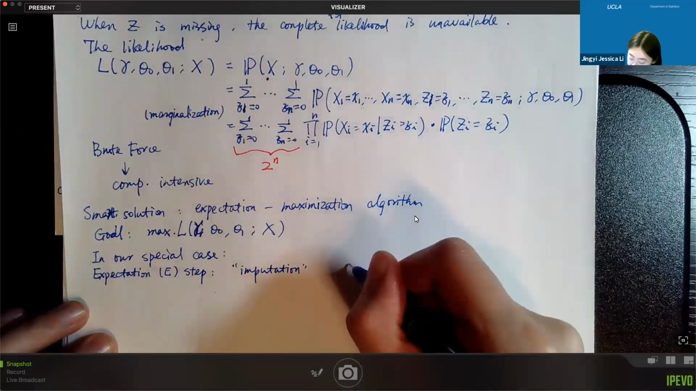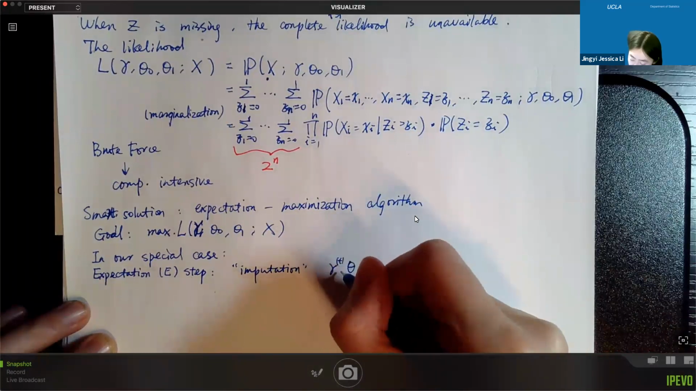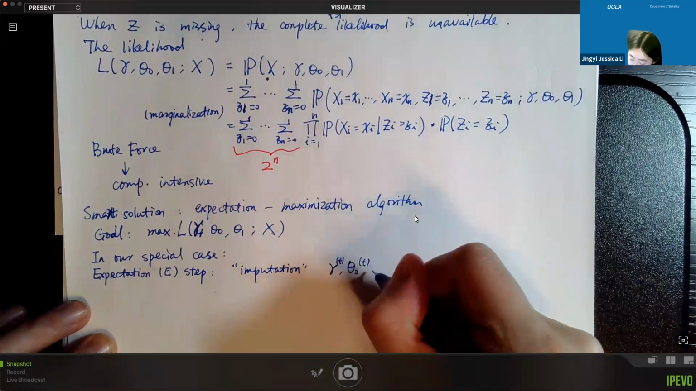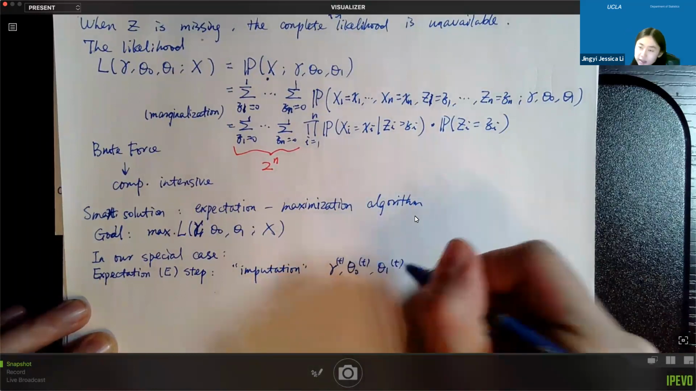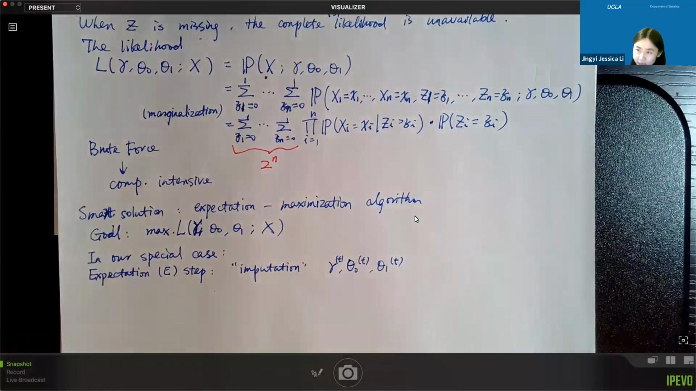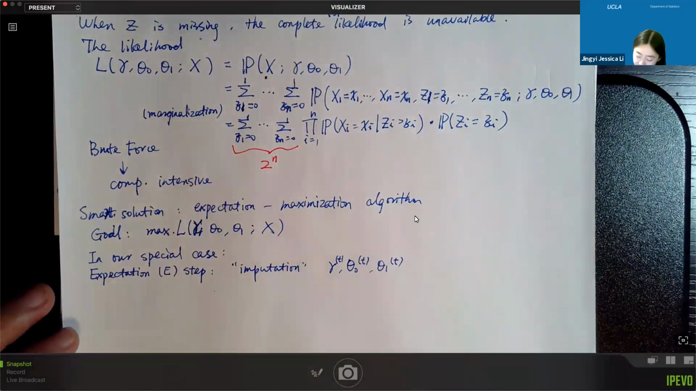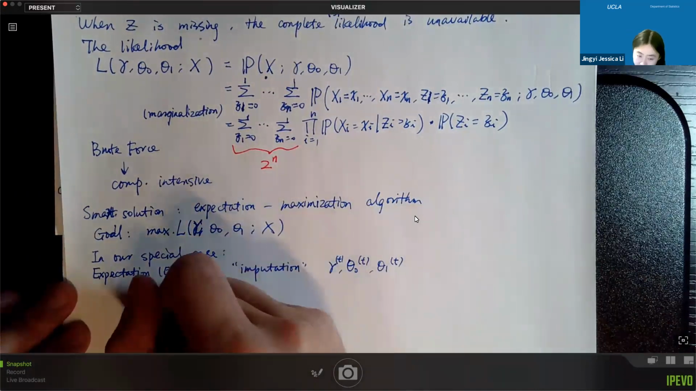I call them gamma t, theta 0 t, and theta 1 t. So this is some value we have obtained already. We are in the process of doing iteration. We want to know what will be the expectation of Z. So we are going to calculate the expectation of Zi